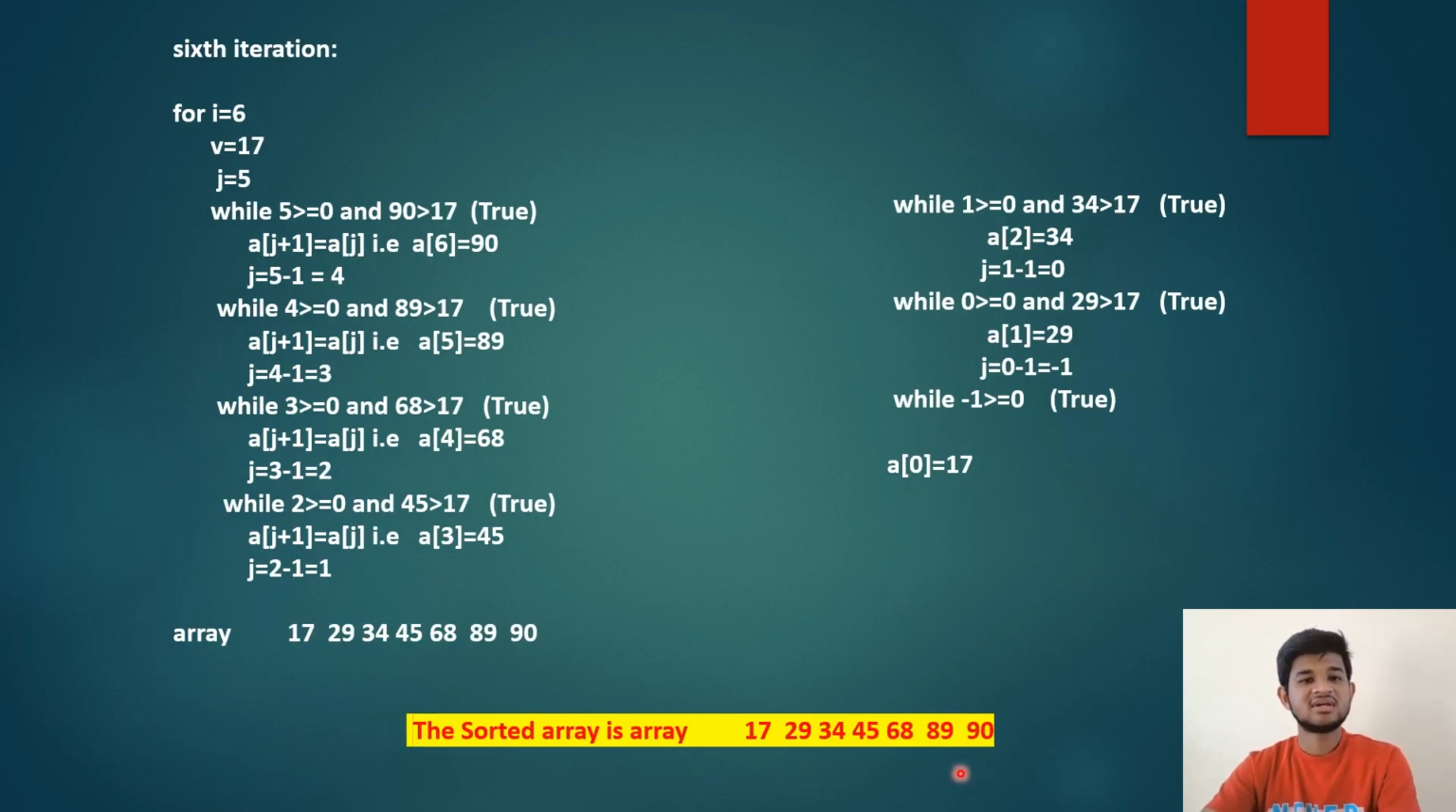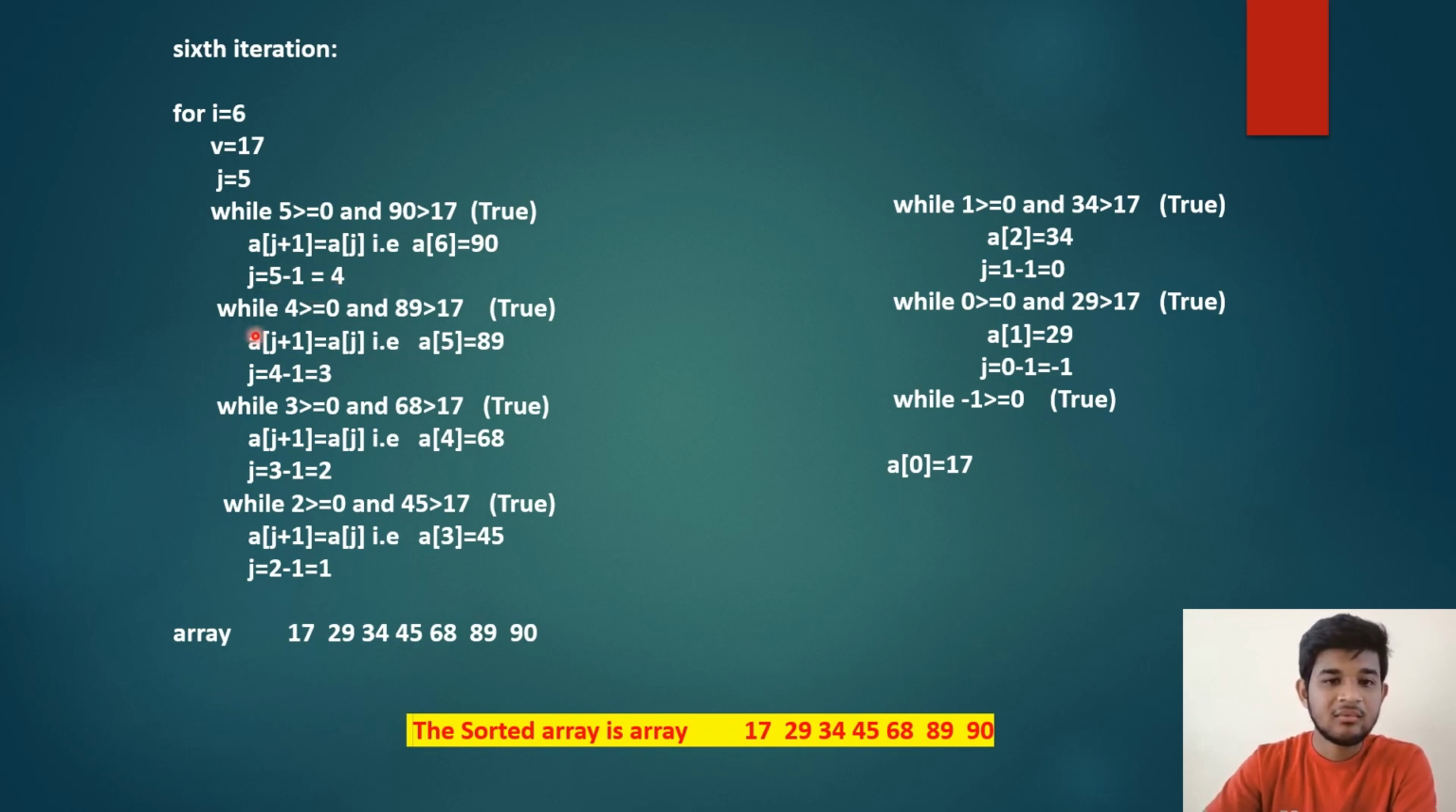Now let us see the sixth iteration where i is equal to 6 and v is equal to 17 and j is equal to 5. While j is greater than or equal to 0, that is 5 is greater than or equal to 0 and 90 greater than 17, true. Therefore a of 6 is equal to 90 and j is decremented by 1, that is 5 minus 1 is